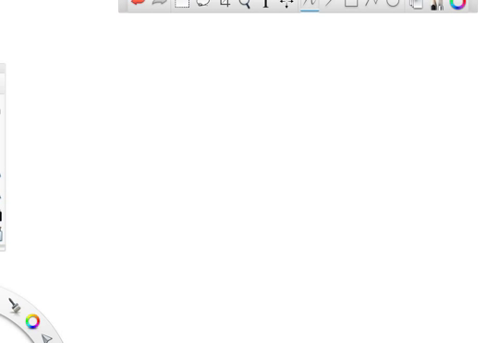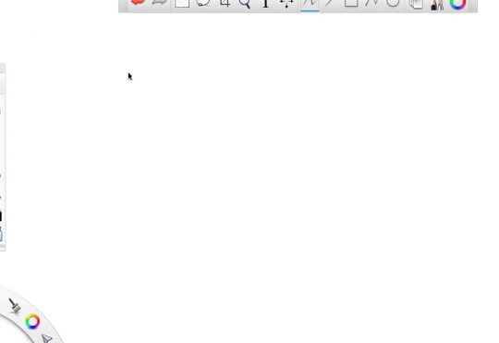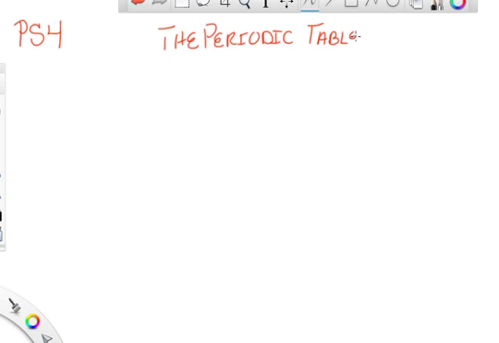This is going to be the second page for PS4. Again, we're talking about the periodic table, so I'm just going to put this little heading up at the top. And this page is going to talk about how the periodic table is arranged. So if I draw a rough sketch of the periodic table,